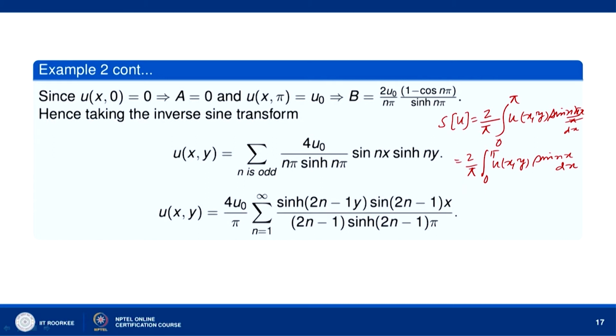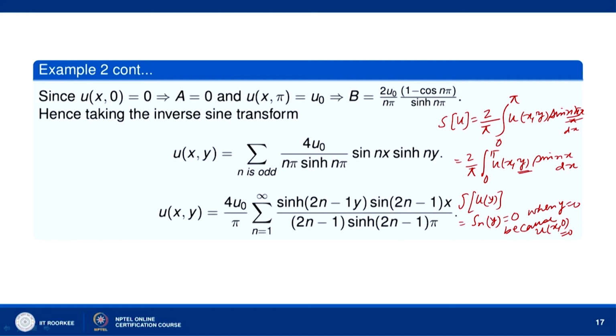So, then this is a function of y, S of u is a function of y. So, actually we have S of u(y). You can also write it as S_n(y). So, this is equal to S_n(y). When you take y equal to 0, what do we get? S_n(y) equal to 0 when y equal to 0, because u(x, 0) is equal to 0.